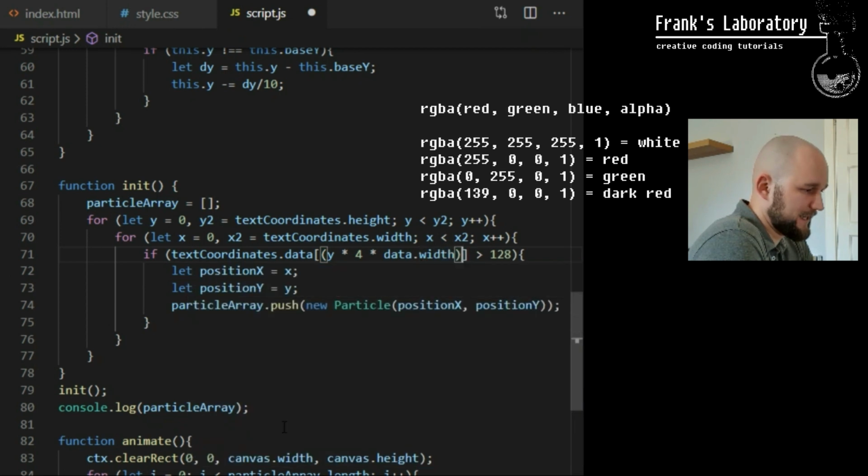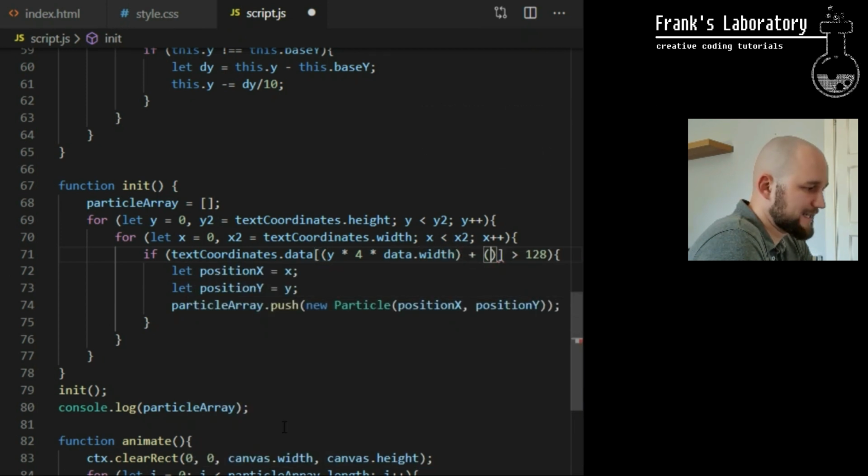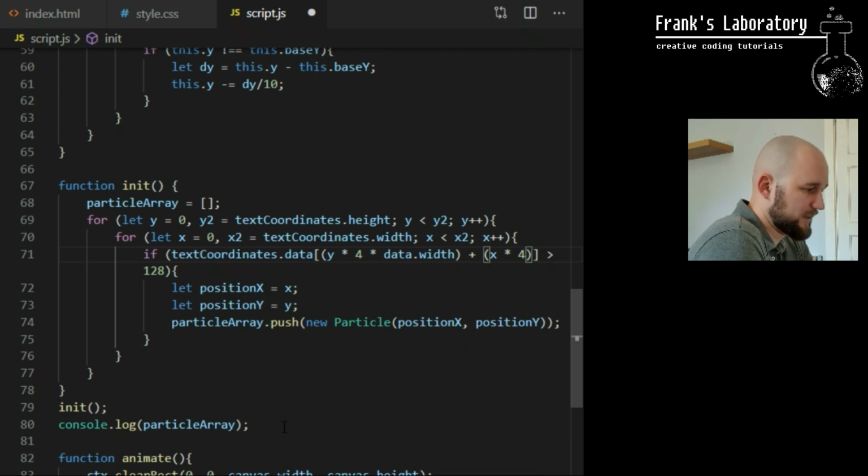One way to do this is I say in brackets y times 4 times data width plus x times 4 plus 3. Remember that we are inside a for loop, so y will be 1, then 2, then 3 as we cycle through rows, and x will be 1, 2, 3 as the for loop cycles through pixels in each individual row.